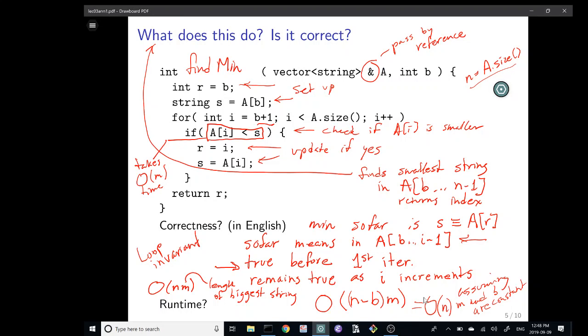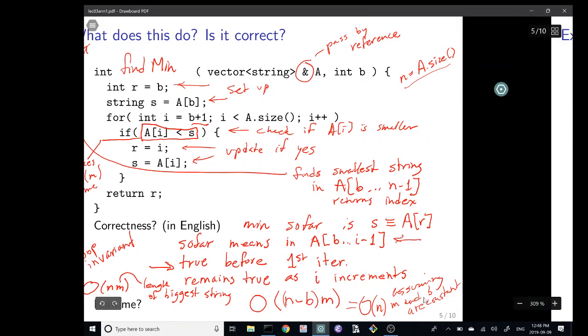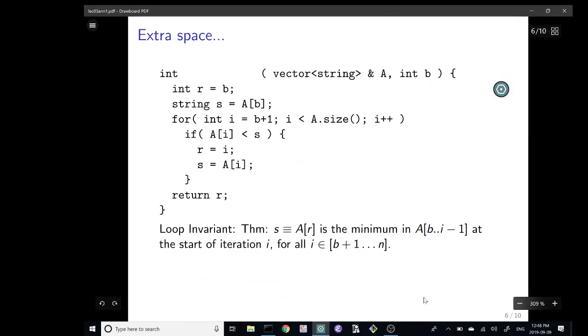We've got 1 minute left. We have the runtime. We have the correctness. We have a loop invariant statement. It's a theorem. It says that S is the minimum string in A, B through I minus 1 at the start of iteration I for all values of I in the range P plus 1 through M. So this mathematical statement is almost English.